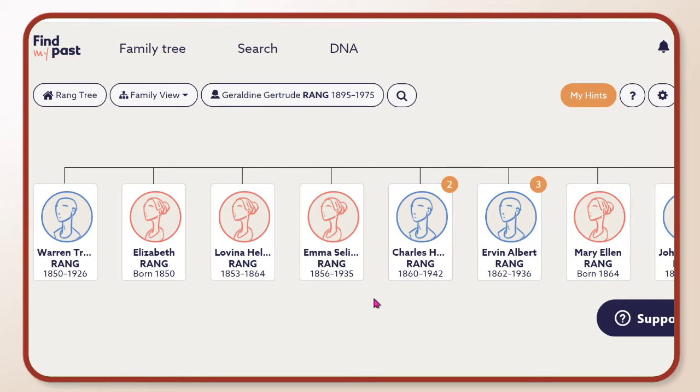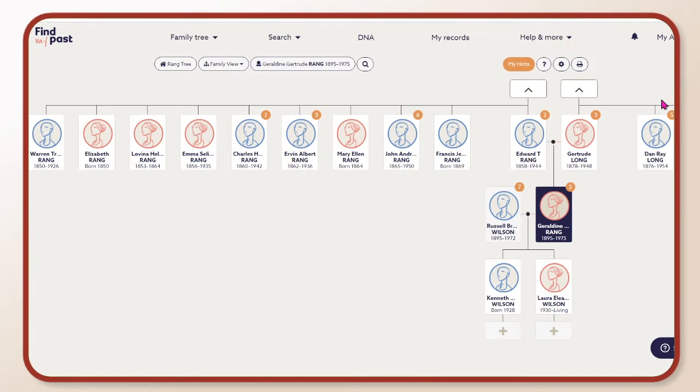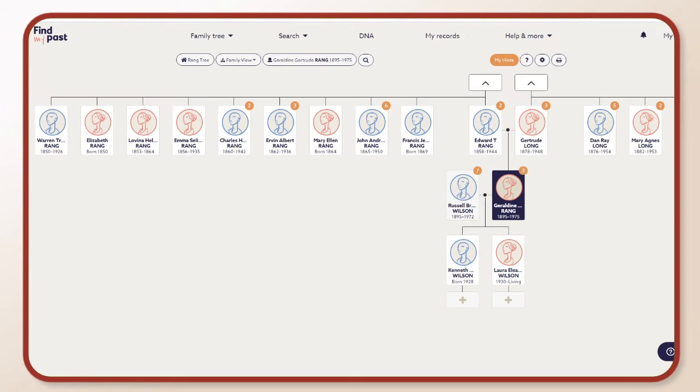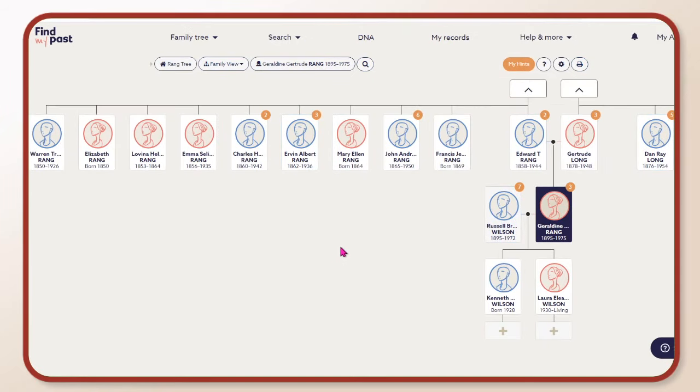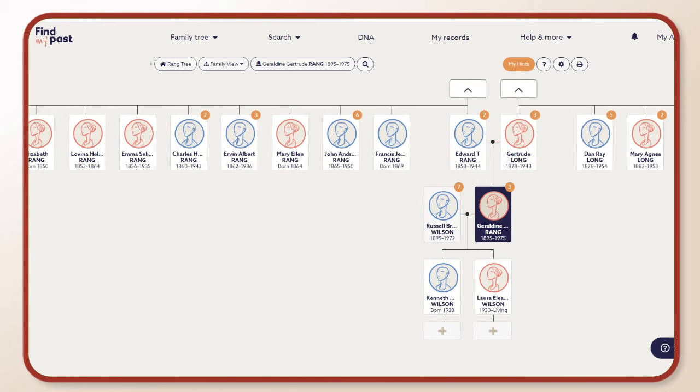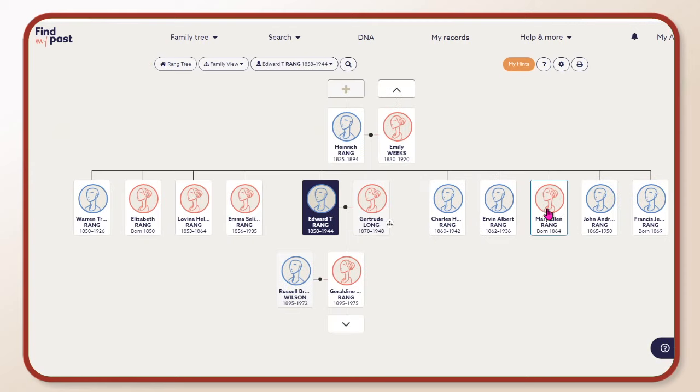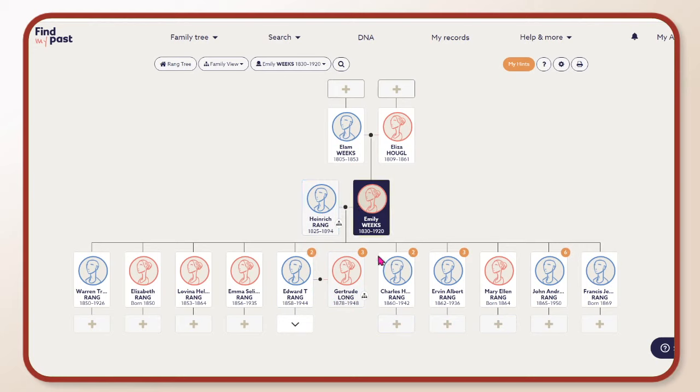All right, so one thing that we're not able to do really well is zooming in and zooming out. So in order for me to do that, I go and make changes in my browser. You use the lower slider bar to move from left to right on your tree, and then depending on how large your tree is, there will be a slider bar on the right-hand side. If you want to go up the tree to see any generations above, you go right there. Now we have Emily and we've got her parents.